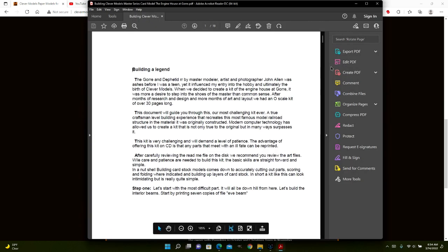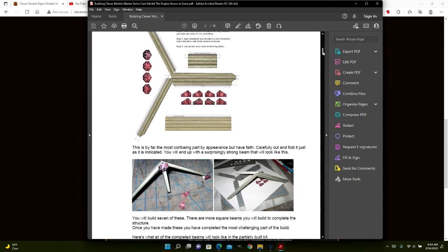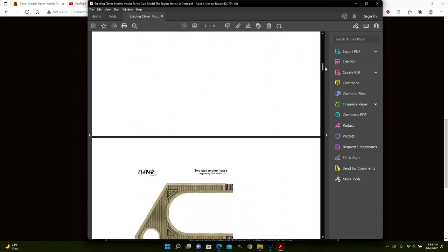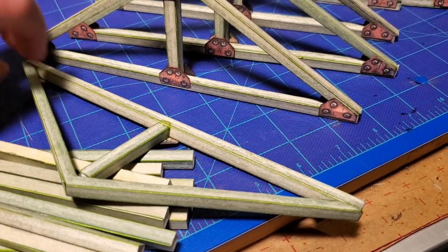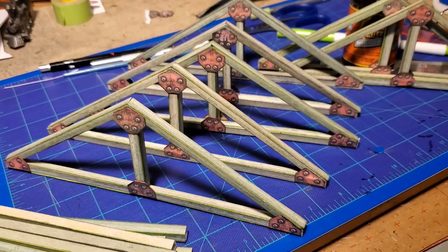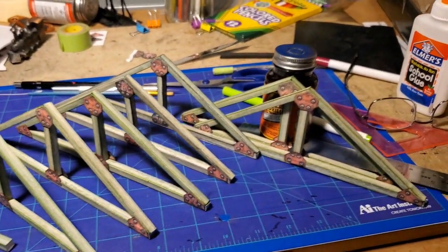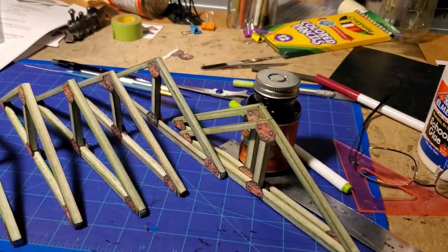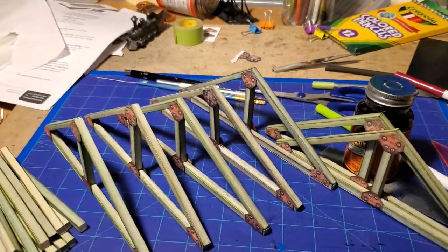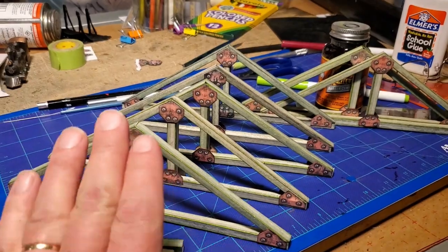I wanted to show you the instructions also. This comes with detailed instructions. The trusses are the most difficult and complicated part, so that was the first thing I did. After you get those, they're not really difficult to build. They go together kind of easy after you cut them out and do the fold lines. They pretty much fold right together, and they're pretty neat. They look good. But then I ended up not using them